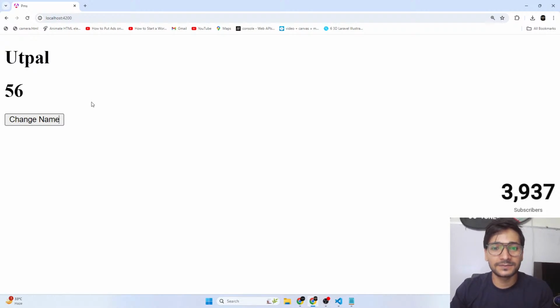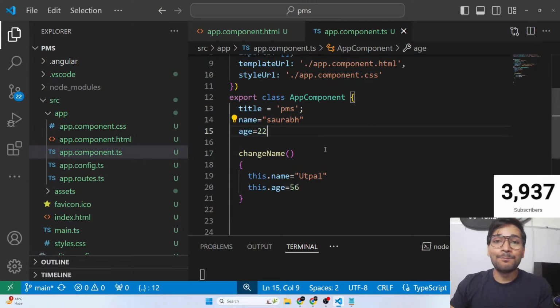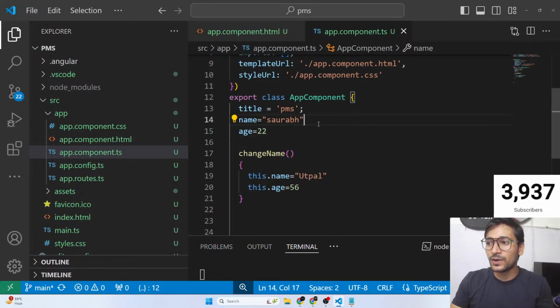Is it clear, guys? I really hope this base logic is clear. Just wanted to let you know this. Even if it is by default, just wanted to showcase that no matter whatever variable you create and display in the UI, if you change it, the component will re-render and the UI will update with the new value. Okay. So now guys, let's move on to the important topic for today. Okay. So guys, let's go.